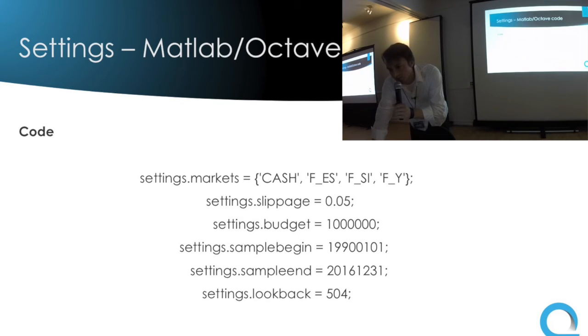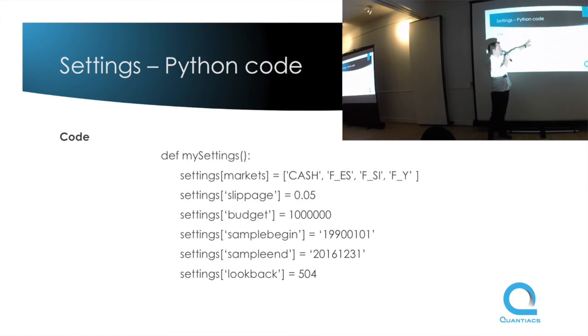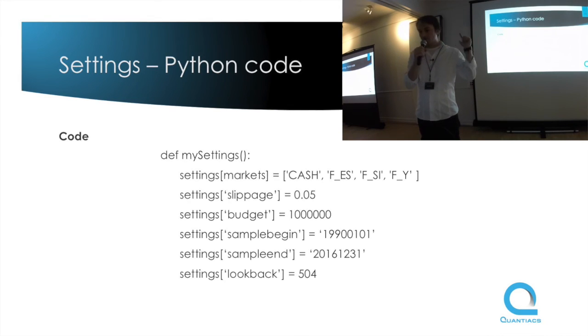Okay, this is an example of the settings. We probably want to see the Python code, right? This would be here. Yeah, this is a settings dict. You can define several properties of the settings. The first and very important settings are here. The markets that you want to trade. In this case, we would trade cash, the S&P 500 future, silver, and the Dow Jones future,